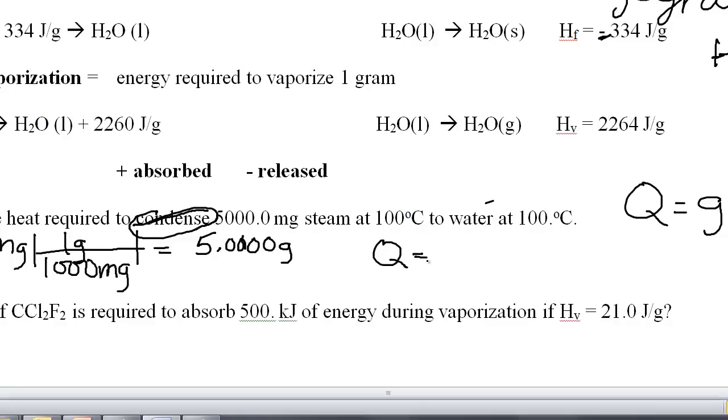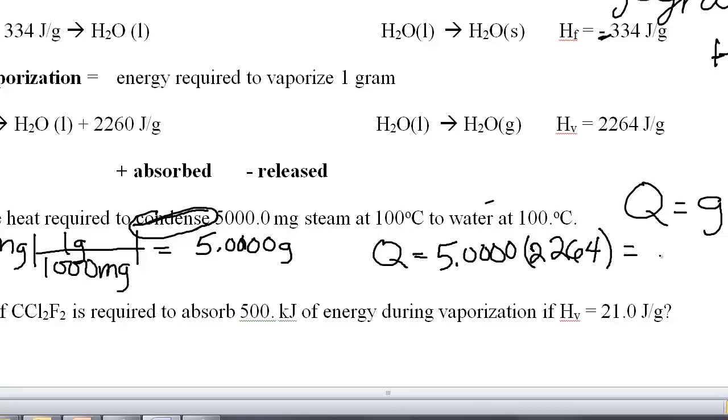So Q is just equal to your 5 grams times the heat, and it's vaporization that I'm using, so I'm going to plug in the 2,264, and then you're going to just plug it in the calculator, 5, and when you're plugging those in, you